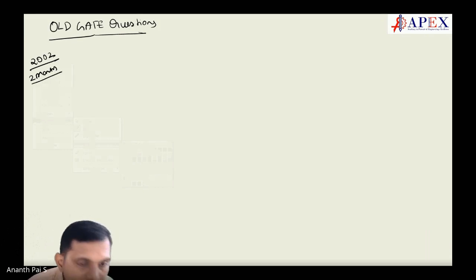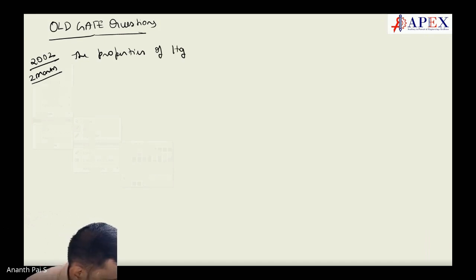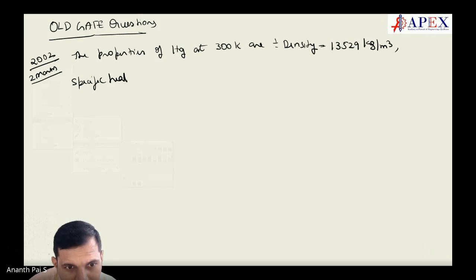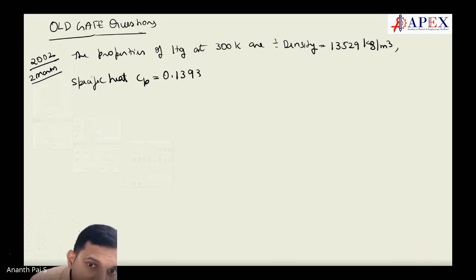The question is like this: the properties of mercury, Hg, at 300 Kelvin are density 13,529 kg per meter cube, specific heat Cp is equal to 0.1393 kilojoules per kg Kelvin,